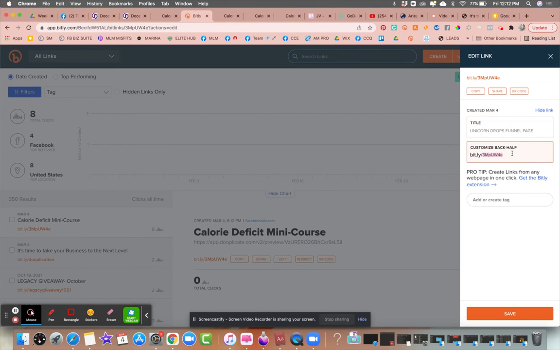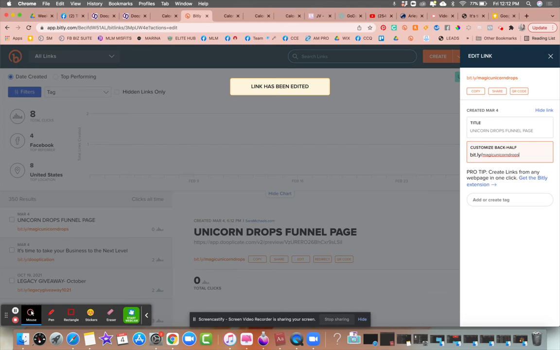Now I can customize this portion of the link. So I can put something like magic unicorn drops, so it becomes bit.ly/magicunicorndrops. When somebody goes to that link now, it's going to take them to that page.